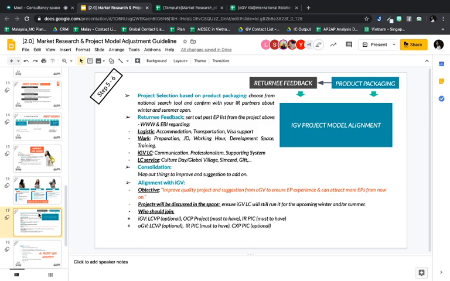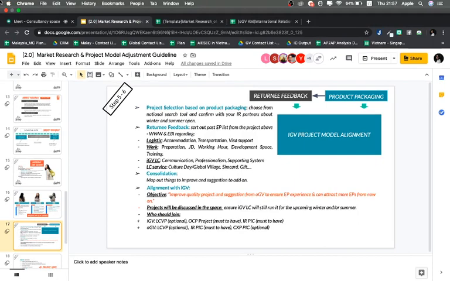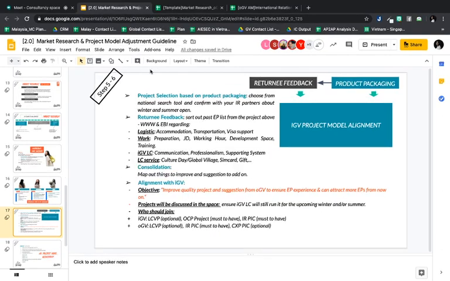Okay, and then the next one is to ensure that before the space you have the list of projects that will be discussed in the space and let the IGV know. For example, you set the space with FGU HCMC from Vietnam. Then you need to say, okay, in this space we will review Vietnam 3D, Global Navigator, and maybe also Chain Giver. You should not only go to the space and tell the IGV, okay, today I want to adjust this project, and tomorrow I want to adjust that project. Sometimes it creates a lot of trouble for IGV.